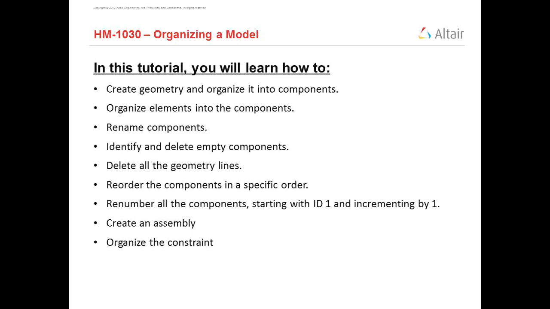These are the things I am going to cover in this third tutorial.